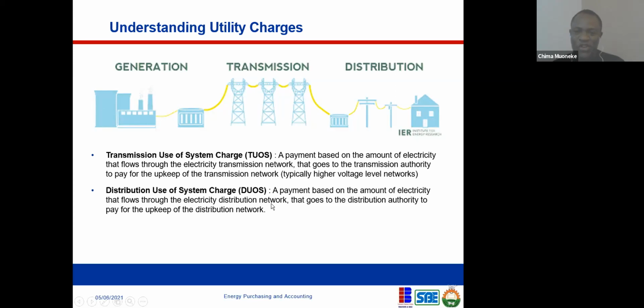So we now have distribution use of system. Now imagine that you don't want to buy electricity. Maybe you're Dangote, but you're not so big as Dangote. The distribution system can still sell to you, but you don't want to be buying from the distribution company. You come and talk to this generator that, look, I want people to step out this power through